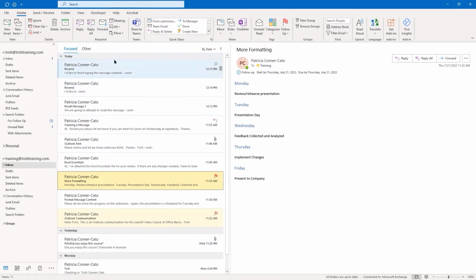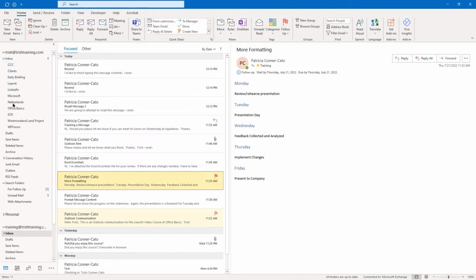One of the things that happens is that email came into my inbox and it's showing me I have one unread message in my inbox, but I have one unread message in unread mail. Unread mail is not just the inbox, it's any of the other folders that you created. So if I get something from the Netherlands and it goes into that folder and it's unread, or this land project that I'm managing, all I have to do is go to my unread mail to see all my unread messages. And I can handle them from within that unread mail folder.